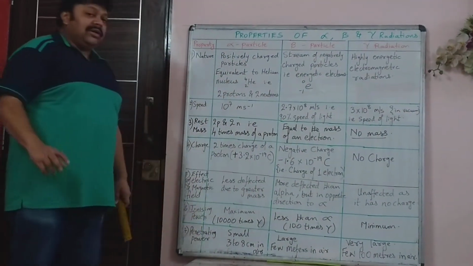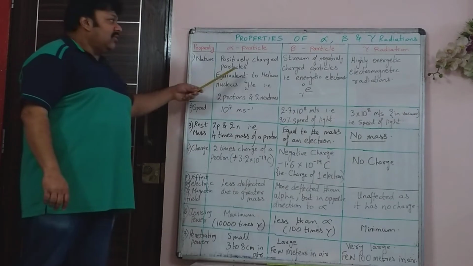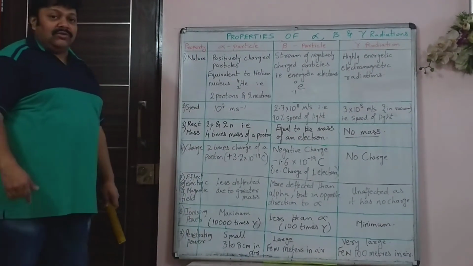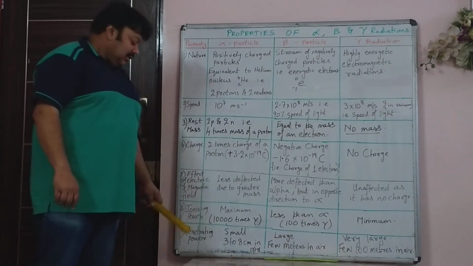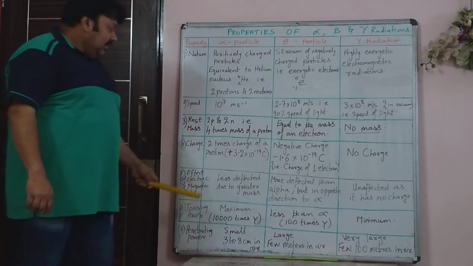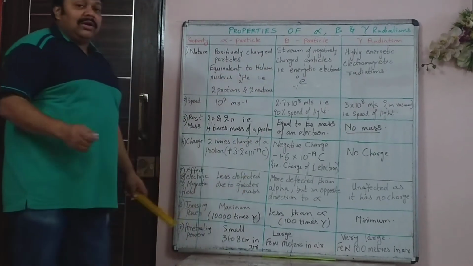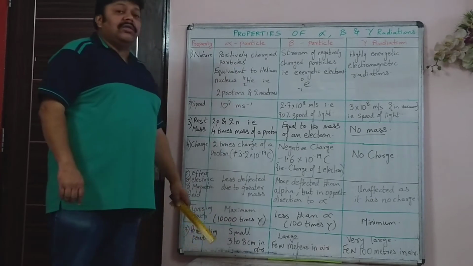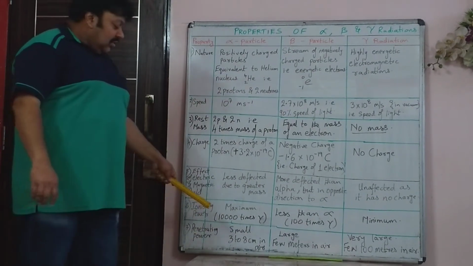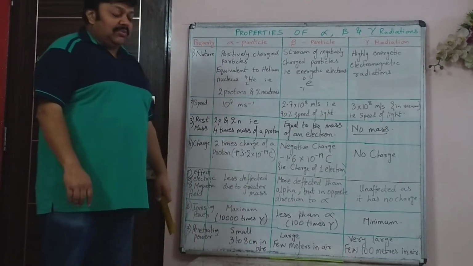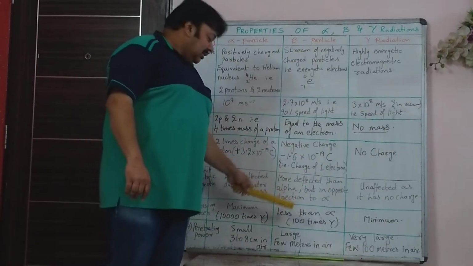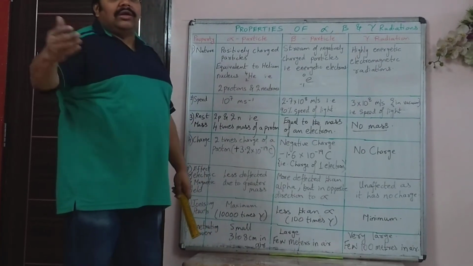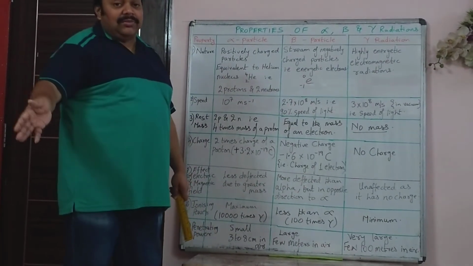And last is penetrating power. We have 2 more, which I will write again, the 8th and the 9th points: biological damage and what stops those materials. But penetrating power: the penetrating power of alpha particles is very small. It can just travel 3 to 8 centimeters in air and then it falls. So it doesn't have much penetrating power. Now beta particles have a larger penetrating power. They can travel a few meters in air and then collapse.